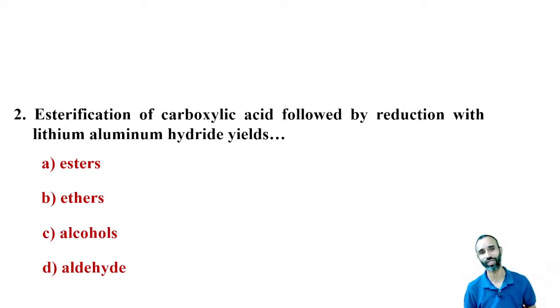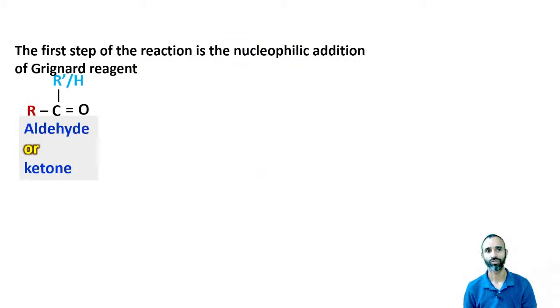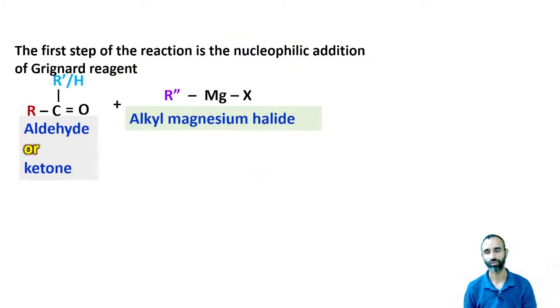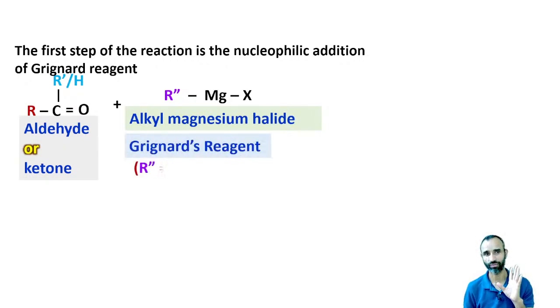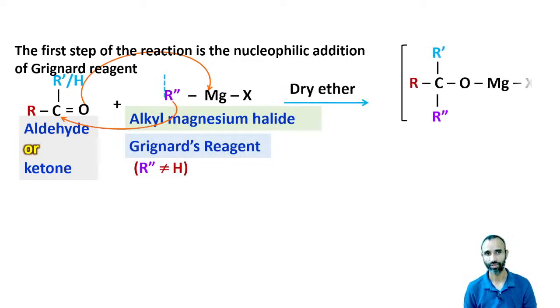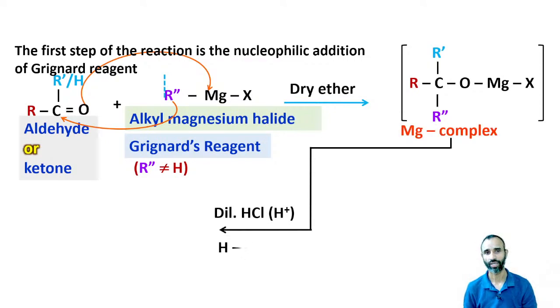Esterification of carboxylic acid followed by reduction with lithium aluminum hydride. Now, Grignard reagent. If we use Grignard reagent, the first step is addition of R and MgX. In the presence of dry ether, R dash is attached to carbon, R double dash, and OMgX. And then this complex is hydrolyzed,